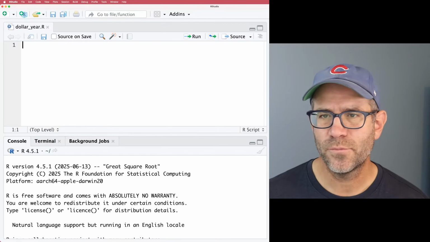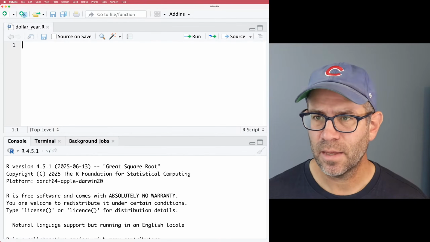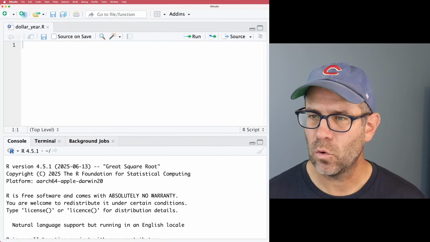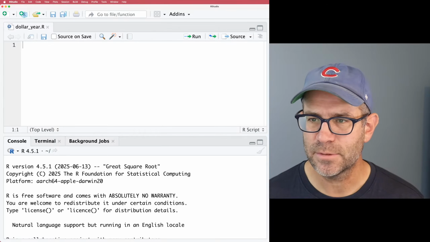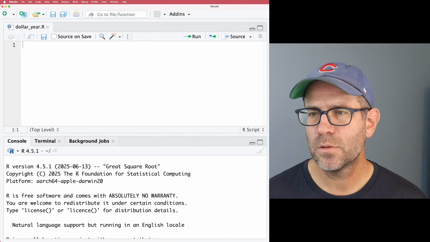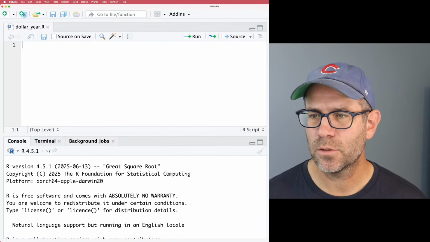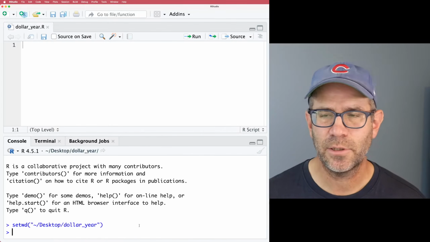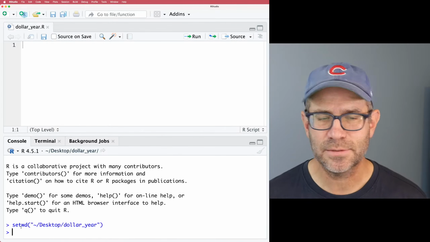I'm going to go over to my Files tab, and I can then go to my desktop, and then I've got a whole bunch of stuff. I need to clean up my desktop. It's pretty gnarly. And then I've got $year here, okay? And so I can then use this to make this my working directory. And so I'm going to then set this as my working directory, and you'll see that it gives us the